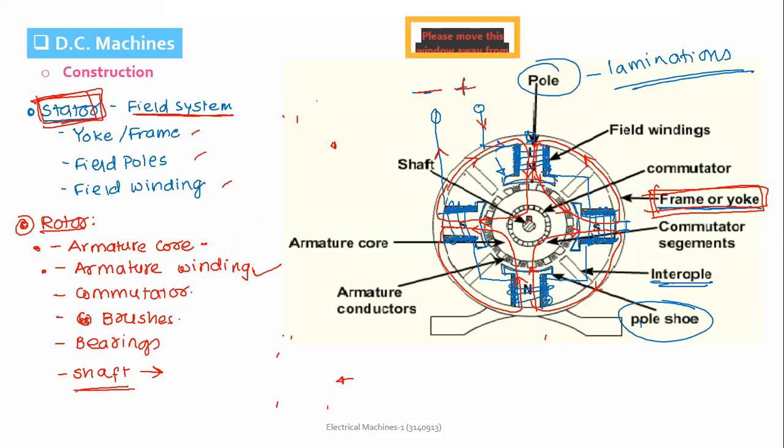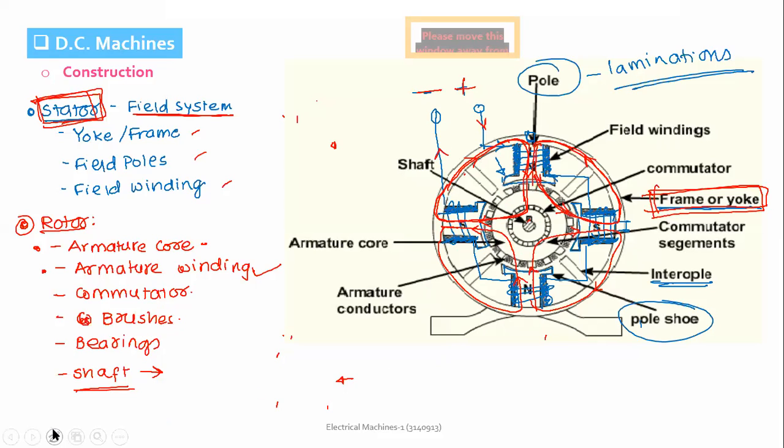Whatever flux is developed by the field poles should link maximum with the core and pass through the core, because if it passes through the core it will cut the conductors. So the core is made of high permeability material. It should offer very low reluctance to the magnetic field, so the maximum flux developed by the poles will pass through the core. Okay,